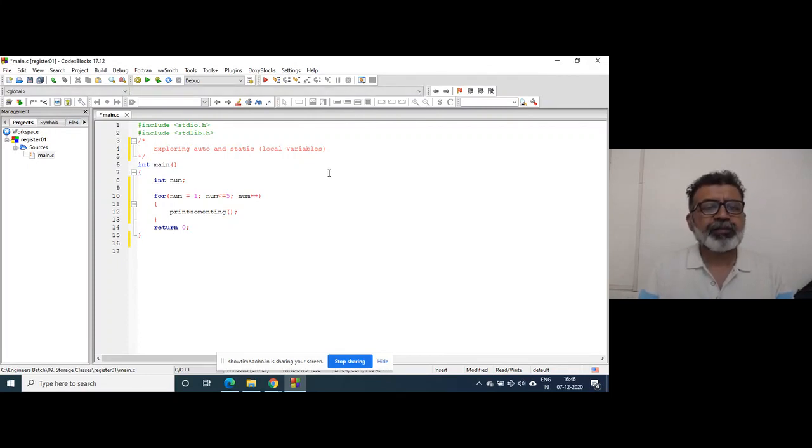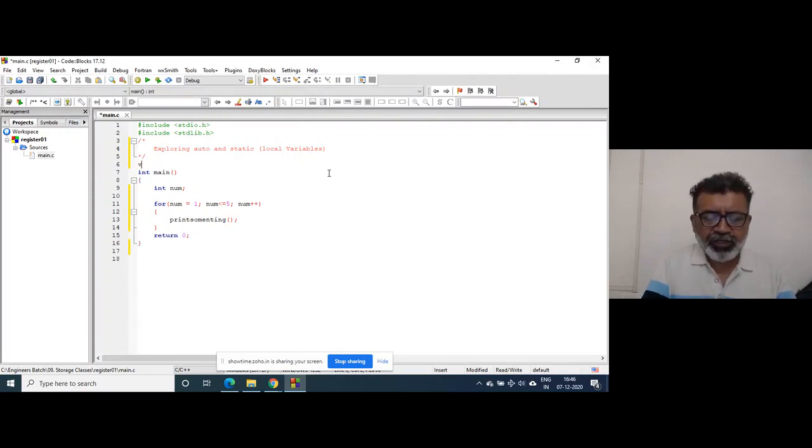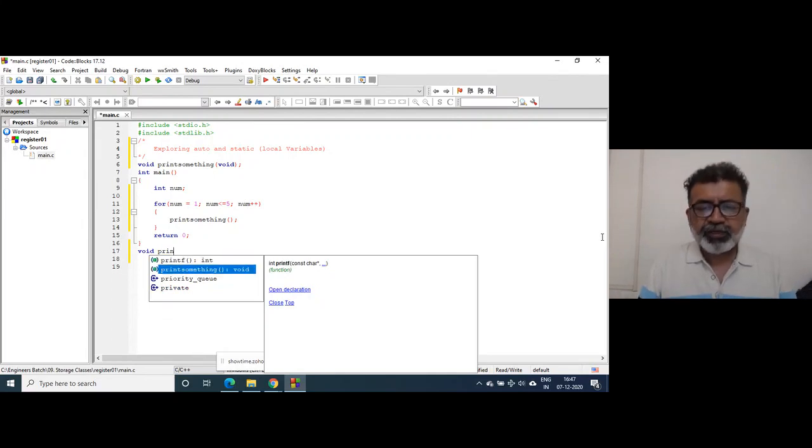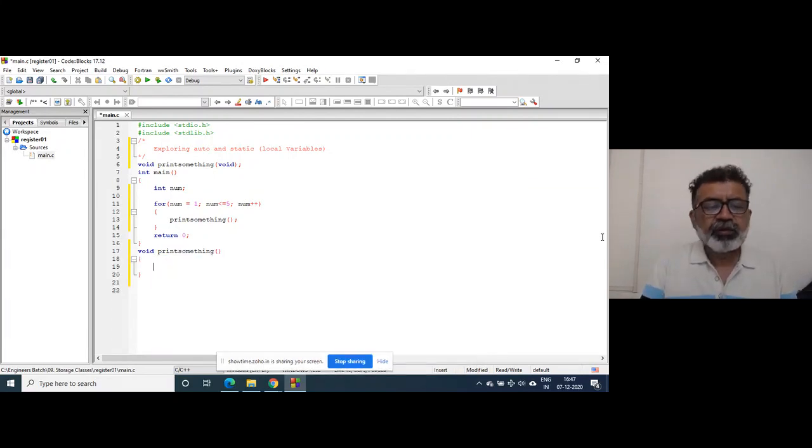Okay, I'll write the prototype here. It is not going to return anything. Print something. If I write void print something, and if I declare a variable, suppose it's here, right? So the variable num has been declared inside the main function, right? Actually, it should be